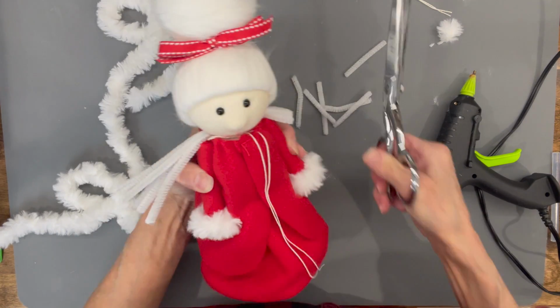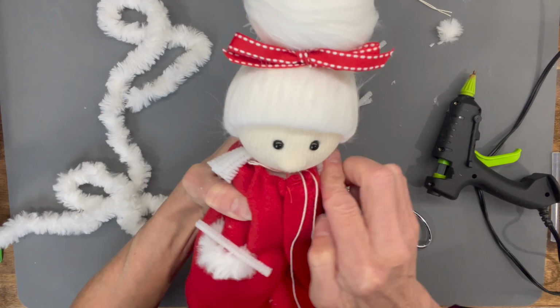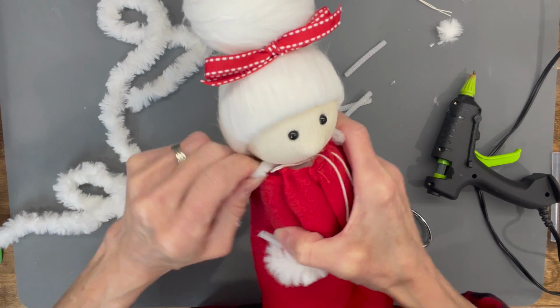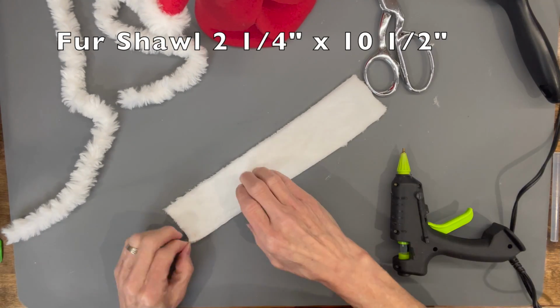Okay, now we're going to go ahead and cut the pipe cleaners off, and we're going to curl them up under so that there's no pointy edges on them. And then just lay them flush against the jacket. Okay, now we're going to go ahead and trim our string off, and then we are going to attach our